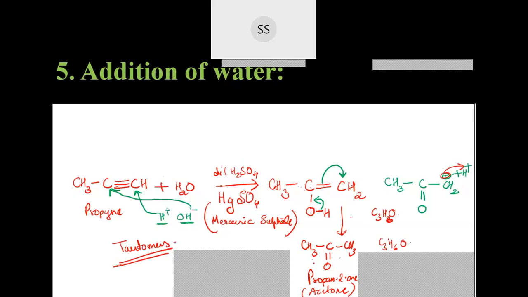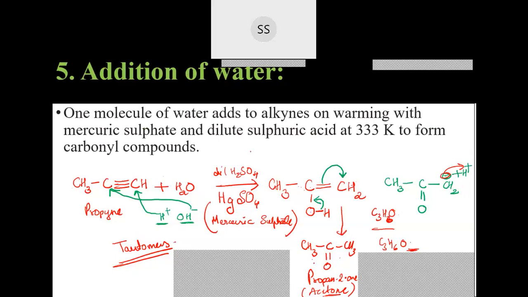Tautomerism means the compounds have the same molecular formula, but they differ in their atom connectivity. The arrangement of atoms is different here. It's like they have shifted from one place to another. This hydrogen from this oxygen has shifted towards this carbon. That is the difference. So propyne finally gives you acetone in the presence of water, and these are the other reagents which we have added. Yes, students, now write it down.